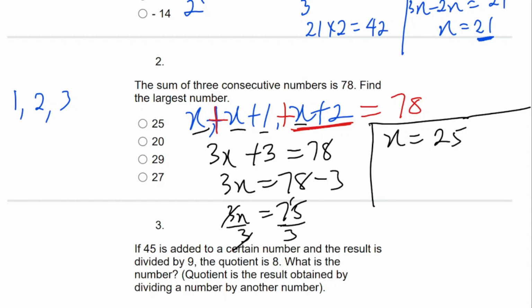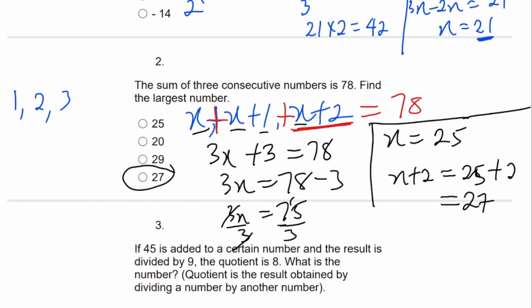That is 25. But the question says, find the largest number. And the largest number is x plus 2. That means 25 plus 2, which will give us 27. So the answer is 27. I believe this is clear. All right, move to the